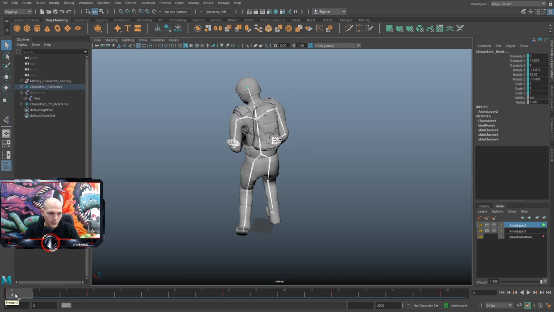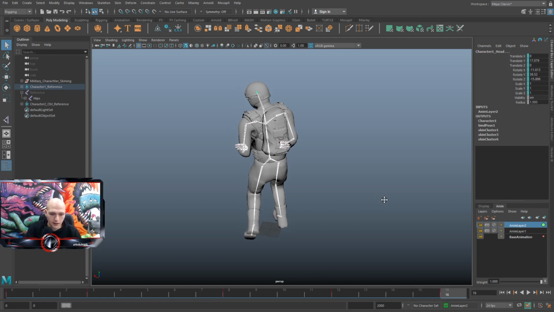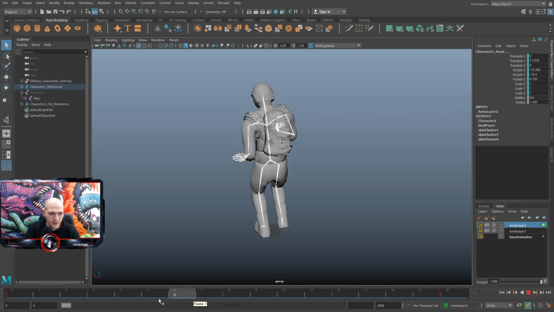So what I'm going to do is middle click and drag. When I'm holding middle click, the animation from the first frame is frozen. I'm going to the 16th keyframe, press S, and now we can see